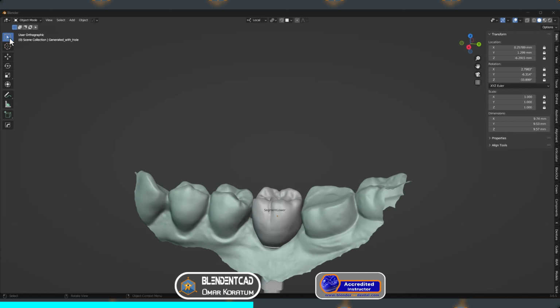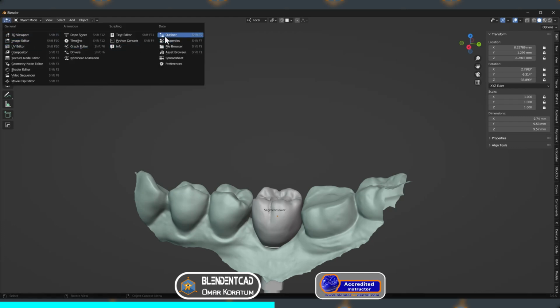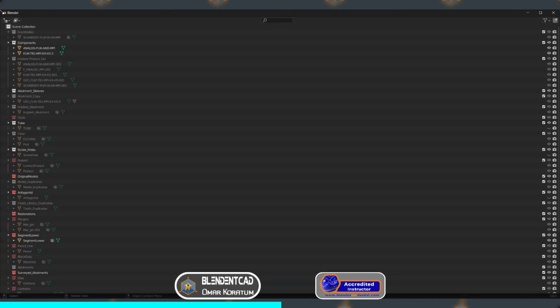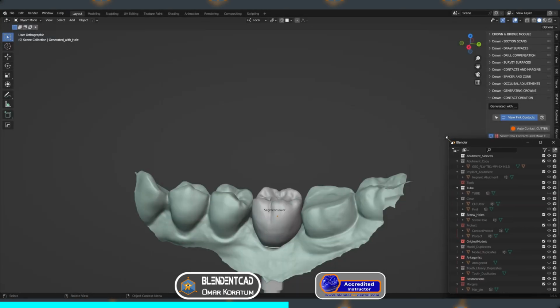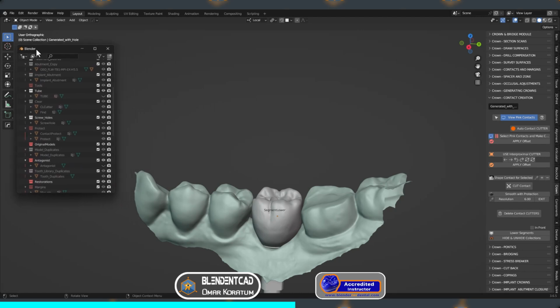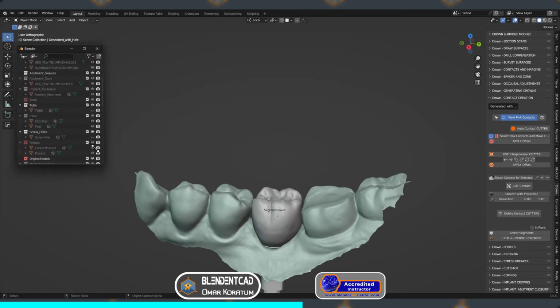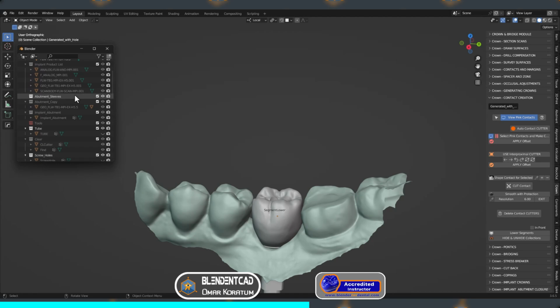For example, I'm going to change this to an outliner. So I'm going to press on this icon here and then press on the outliner. And then I can resize the window as I like. And then I can put the outliner here so I can have control of the objects while working on the 3D viewport. Because the other way you can look at 3D viewport and outliner at the same time,